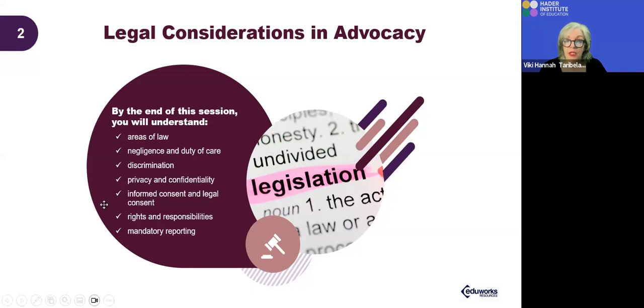Ensuring that it is non-discriminatory, that privacy and confidentiality is still a requirement, even the information or the written consent. So you cannot share any information about a client without their consent anyway. And being their advocate, absolutely, you still cannot. That does not give you the legal right to talk on their behalf without that person knowing. There are different levels of legal rights where you might have a power of attorney, and we'll cover that a little bit further along.